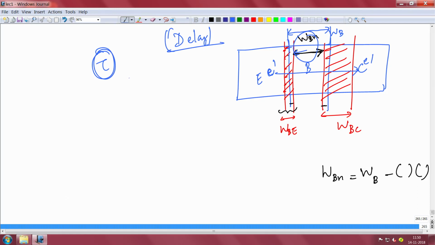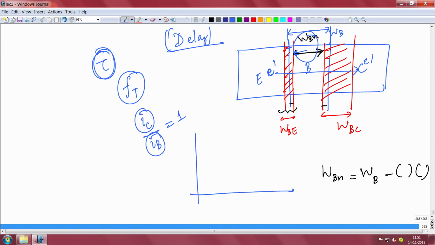And there is something called a cutoff frequency, or FT. FT is defined as the frequency at which the current gain is 1, which means your output current by input current. Output current is collector current, input current is base current. That ratio becomes 1, which means your gain is 1. Above this, your gain will be less than 1, there will be no gain. Okay. So, gain has to happen only at a frequency less than FT. So, if I am plotting frequency here, and here I am plotting the log of gain, which is IC by IB, then this will fall off, and in log scale it is 0 at the point where the gain is 1, log of 1 is 0.